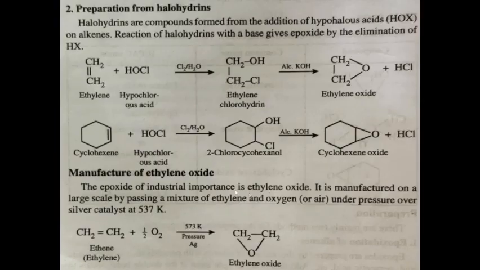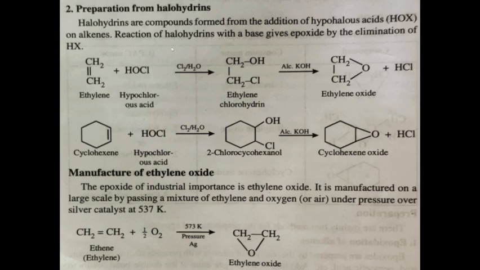Next is preparation from halohydrin. Halohydrin in the sense of hypohalous acids: instead of HCl we have an OH group and a halogen. OH group and halogen make the hypohalous acid. The starting material is an alkene only. Halohydrins are compounds formed from the addition of hypohalous acids to alkenes. Hypohalous acid is OHX, and reacting with an alkene we get